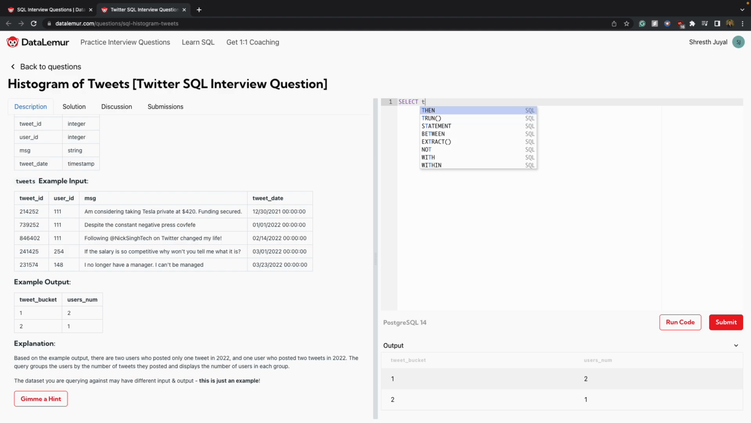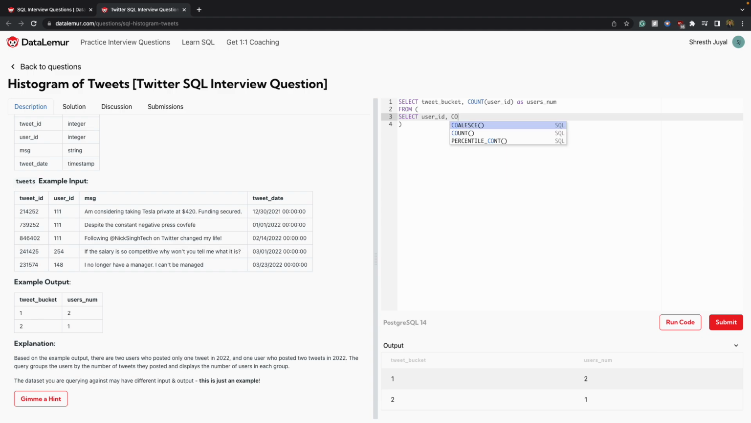So we want tweet buckets as our output. This tweet bucket we'll define later on, but I'm just going to write it for now. And then we would count the user ID as users num, which we also need in the table. And here's where our subquery starts, where we would select first of all just the user ID, and also here's where we define our tweet bucket. So we will count the tweet ID as the tweet bucket